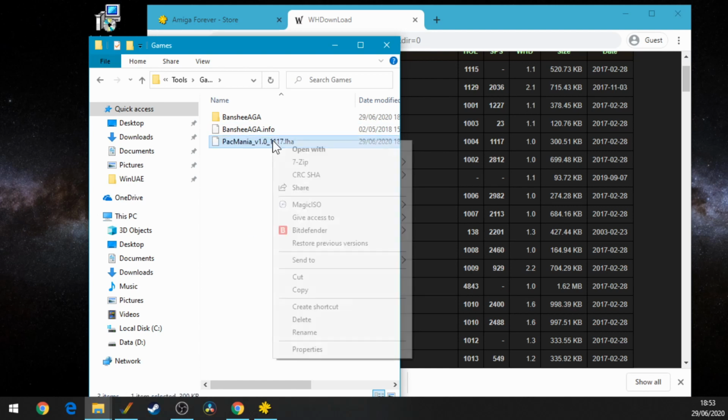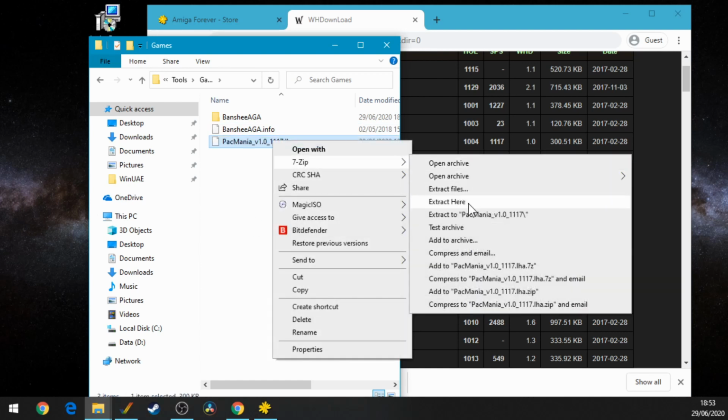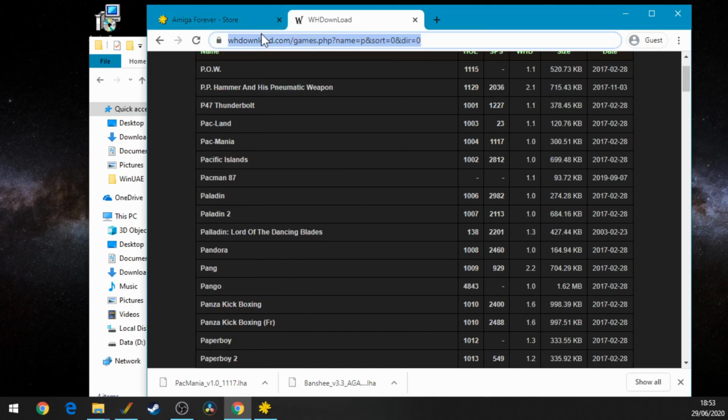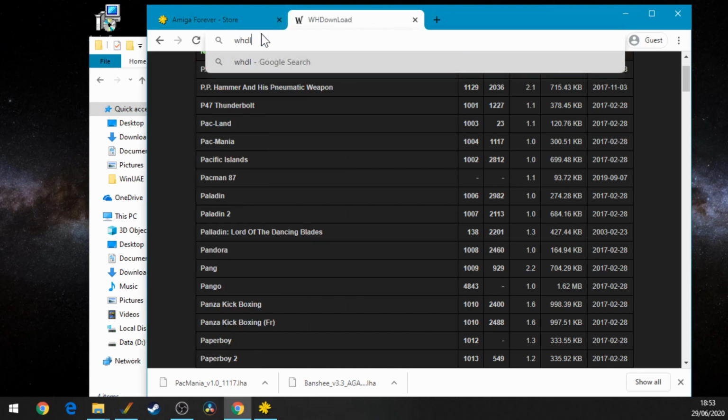Okay, let's paste that in there, and then let's extract here. There we go. So we've got 2 games in there, but of course we've still got one other step to do. So if I go back to WHDLoad,